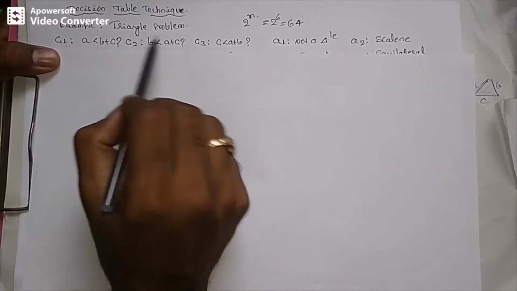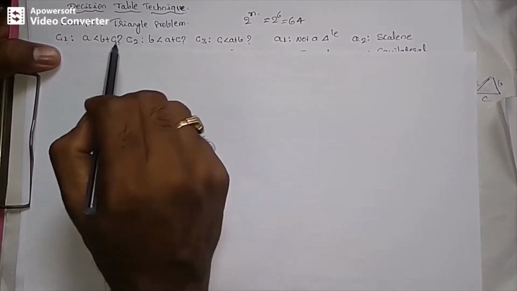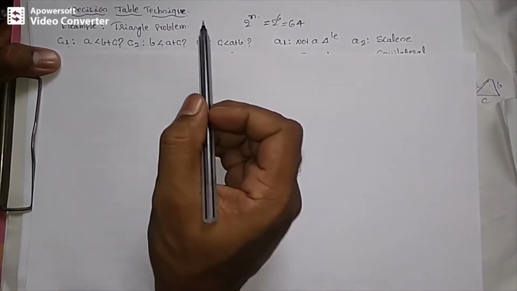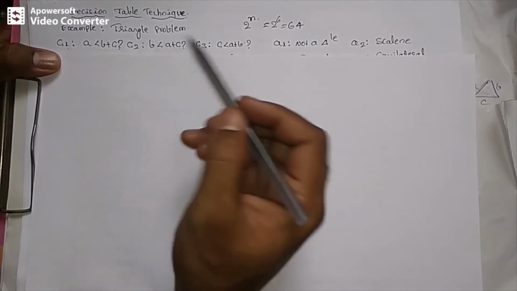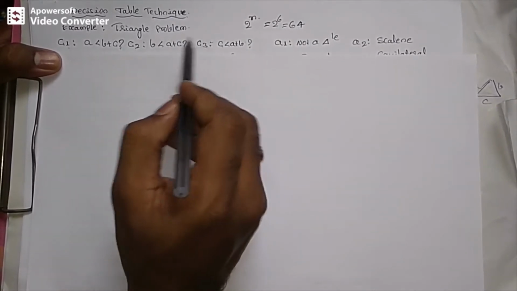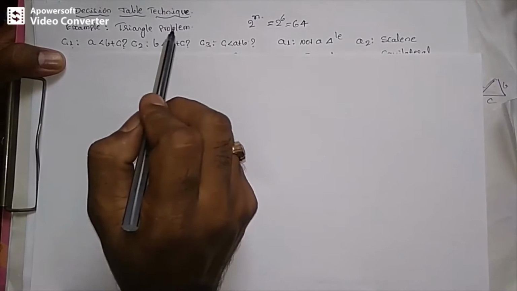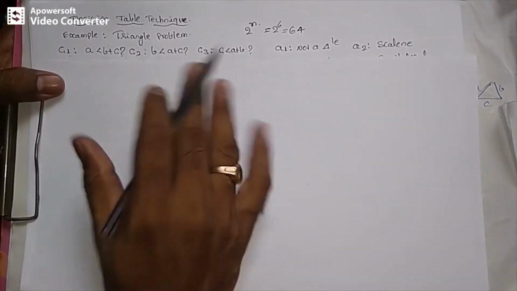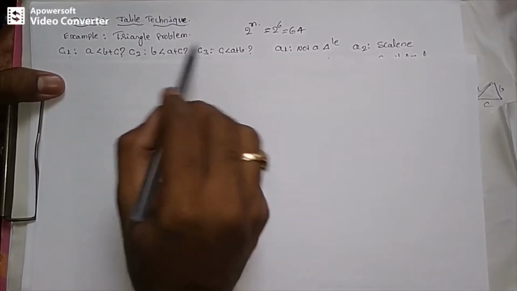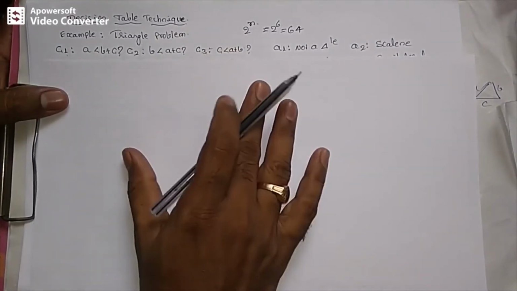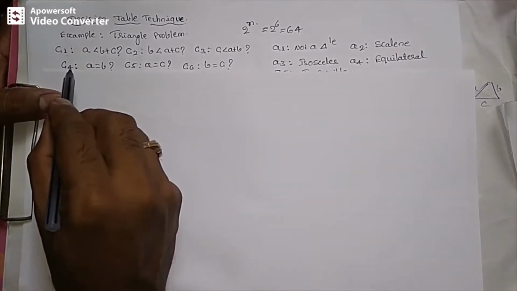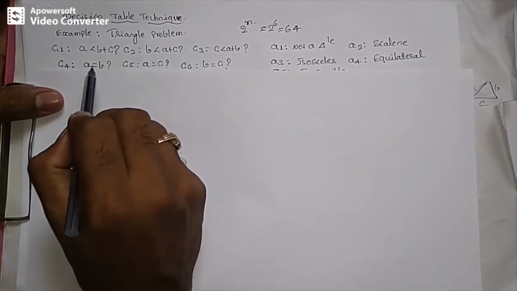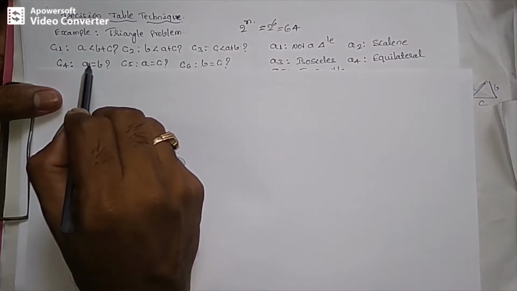Based on these conditions, we decide whether it is possible to form a triangle. If these 3 conditions are satisfied, then we start to identify what type of triangle it is. If any one of the conditions becomes false, then it is not possible to form a triangle; it is not a triangle. Based on these 3 conditions, the next conditions come into the picture: C4, C5, C6. If the first 3 conditions are true, then we need to identify what type of triangle it is.